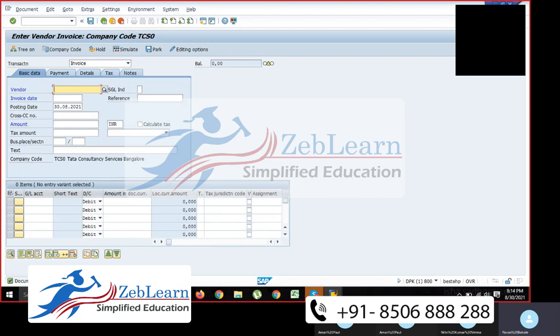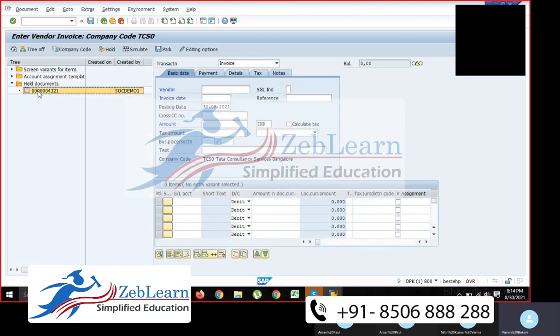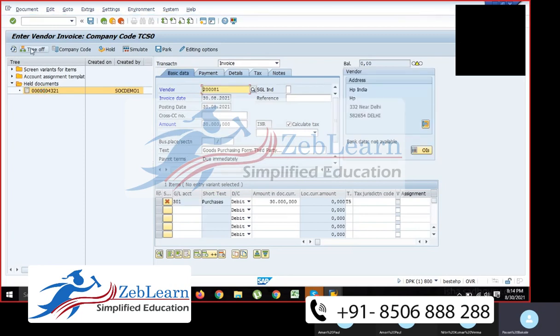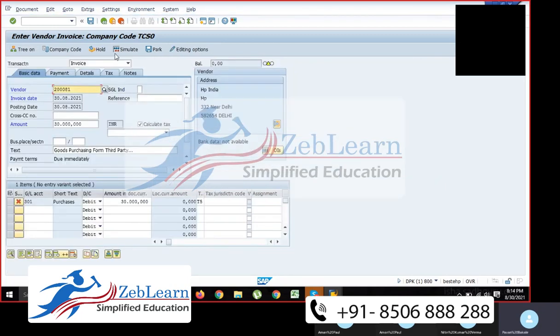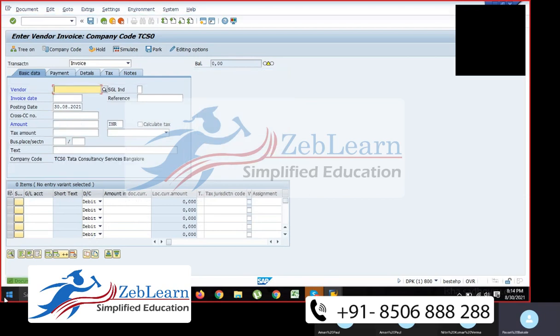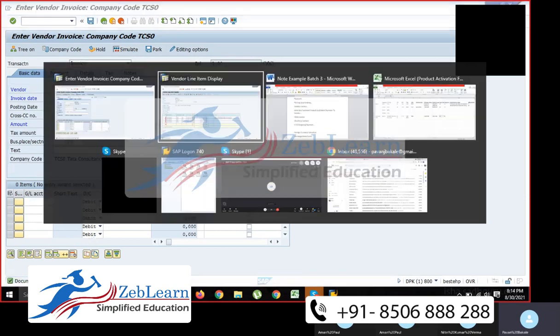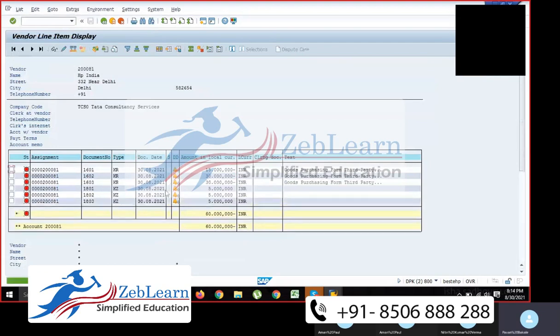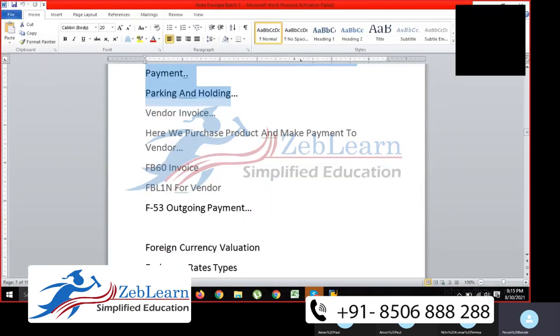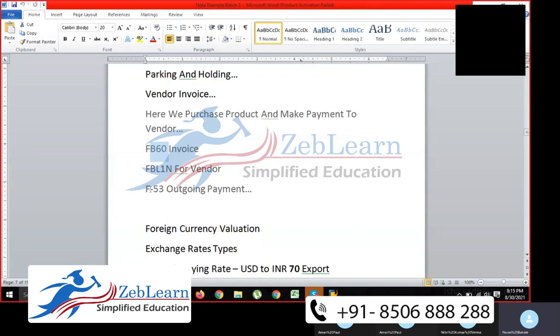So document 4321 was held. You can go here, same to same way. You can park it or you can post it. 1603, refresh. So it is the same process for the customer. Only the codes will change and the T codes will change. That's it. Everything will remain same.